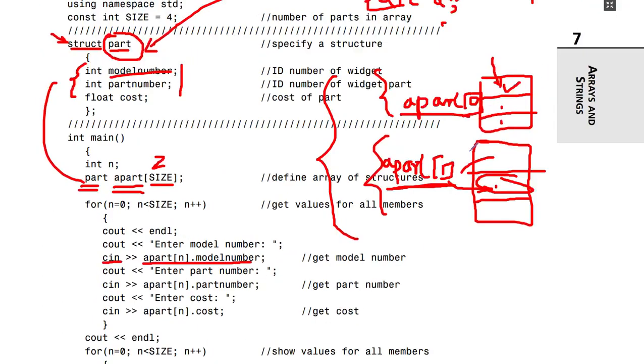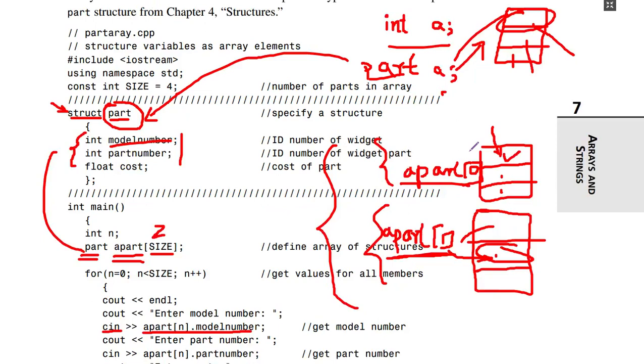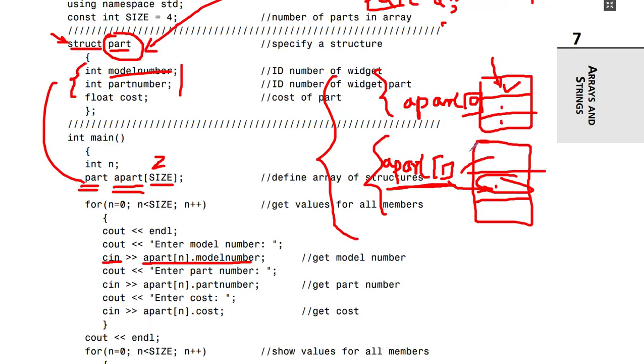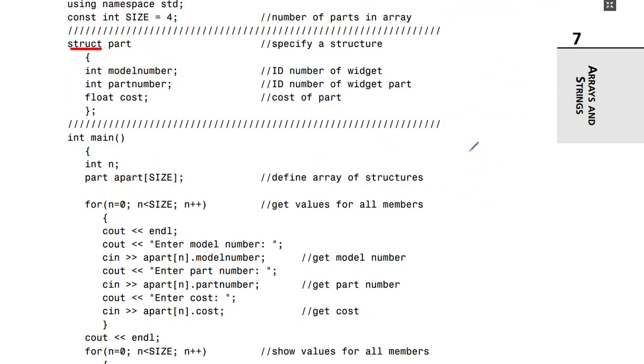So in this example, what do we have? The same thing. We have a structure prototype defined above. A structure is specified with the name part. There are 3 variables in this example. Then an array is declared, and the array size is defined over here. It's a global variable, and the size equals 4. So it would be a 4 size array